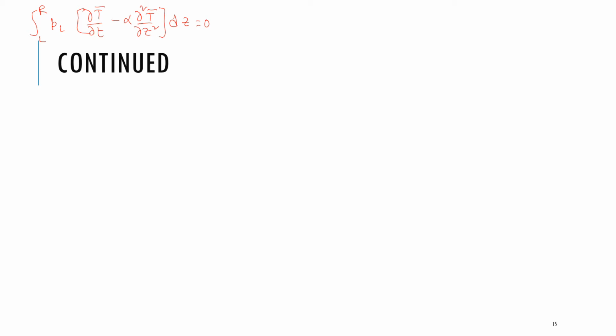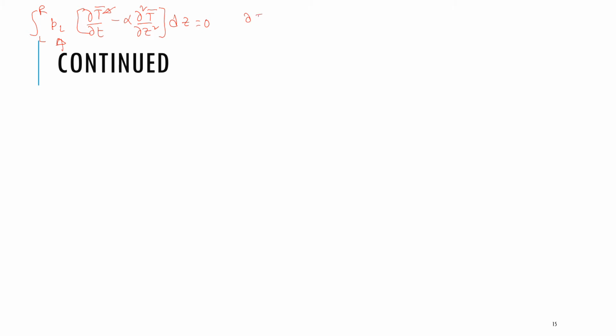This is one of the two equations, and we were plugging in for PL and T̄, but we only have plugged in for T̄ so far, and from there we got this equation,